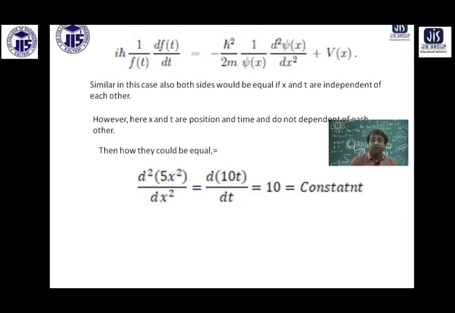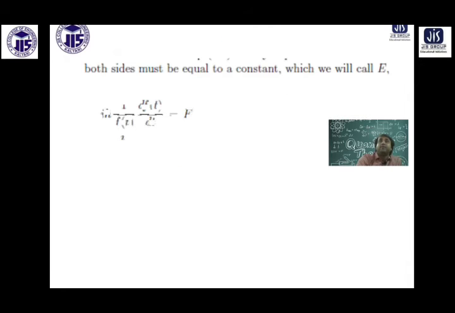So the message is that after all the derivatives, on the right side, the x dependent side, we will end up with a pure constant like the 10 you have written here. Left side also, after all the derivatives, we will end up with the same constant. If I get the same constant, then only are we in a meaningful position. So that means the time dependent term will remain the same as it was, and for the other, you can see what is happening there.